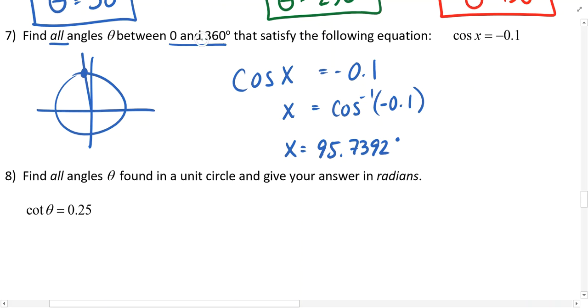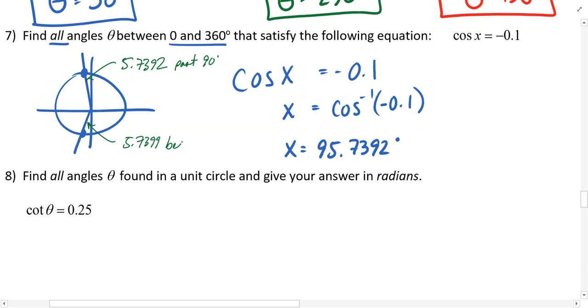Where else inside the unit circle does the cosine equal the value associated with this angle? Well, that would be in the other position where the x value is the same. So down below we have the same x value, and this position also has the same cosine result. Now there are a variety of ways that we can identify this new position. For me, I recognize that this position that we just computed is 5.7392 units past 90 degrees. So therefore the result down here is going to be the same number of units,